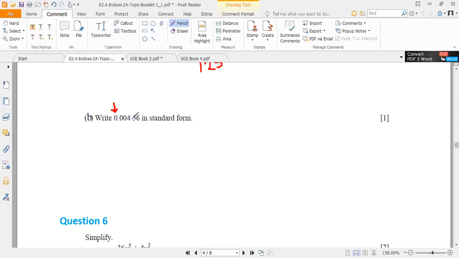So make sure that you leave the first whole number, which is 4, before the decimal point. So that means we have to move this decimal point